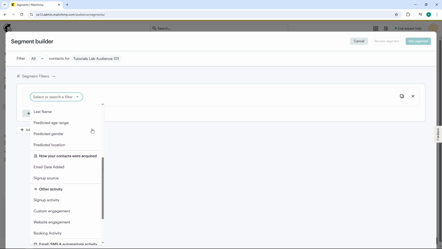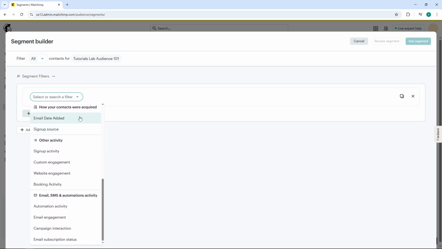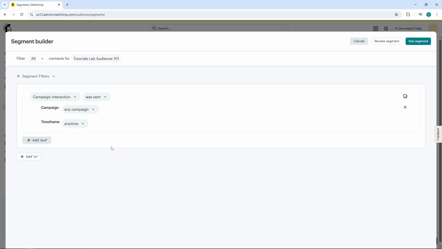Here's where it gets important. You need to set conditions that identify inactive subscribers. In the Filter Condition dropdown, select Campaign Interaction. For the statement, choose Has Not Opened, then select any campaigns from the Campaigns dropdown menu. Finally, set the time frame to any time. This combination ensures you're capturing subscribers who haven't engaged with any of your past campaigns, making them perfect candidates for